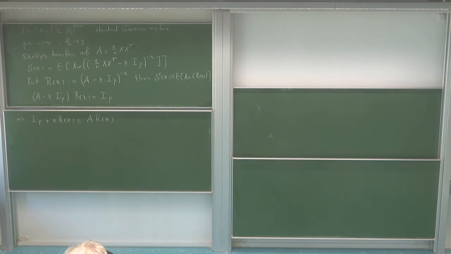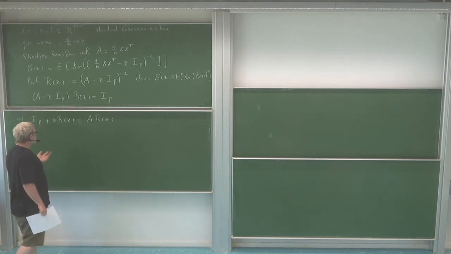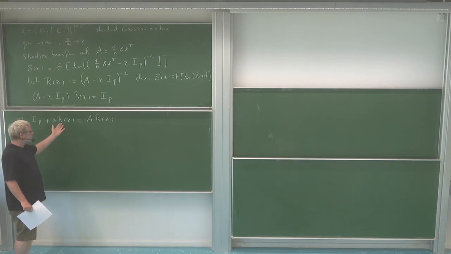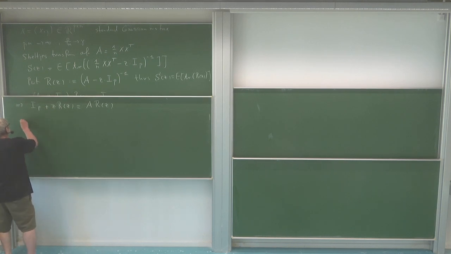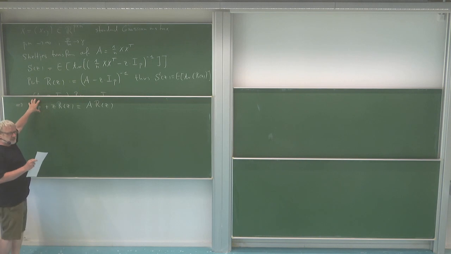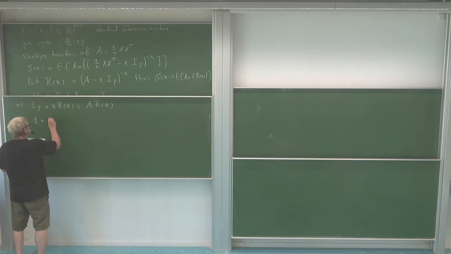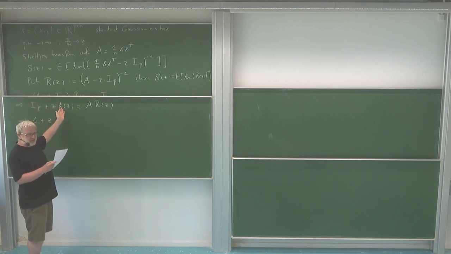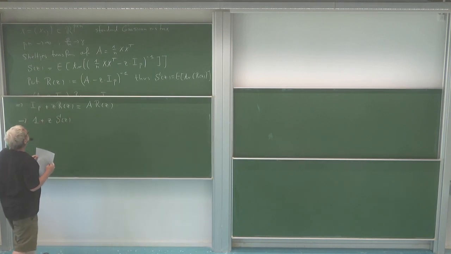And now I can, of course, apply the trace and the expectation. And of course, here I get my Stieltjes transform. The problem is this term. Okay, but still, let us see what we get. So if I apply the trace and the expectation, the normalized trace of the identity matrix is 1, expectation is also 1, so here I get 1. Then the Z is just a number, this comes out, and the expectation and the trace of this guy is my Stieltjes transform. So that's good. So here I have my Stieltjes transform.